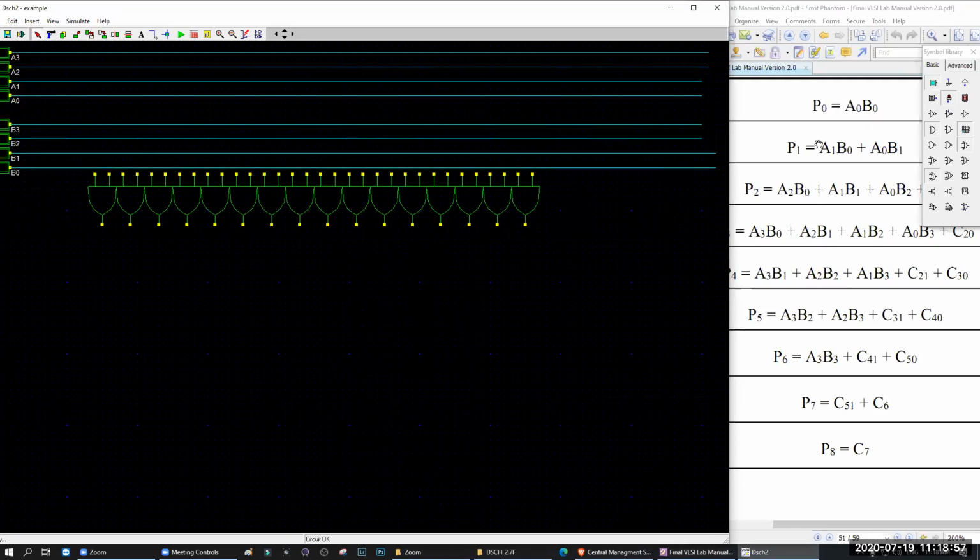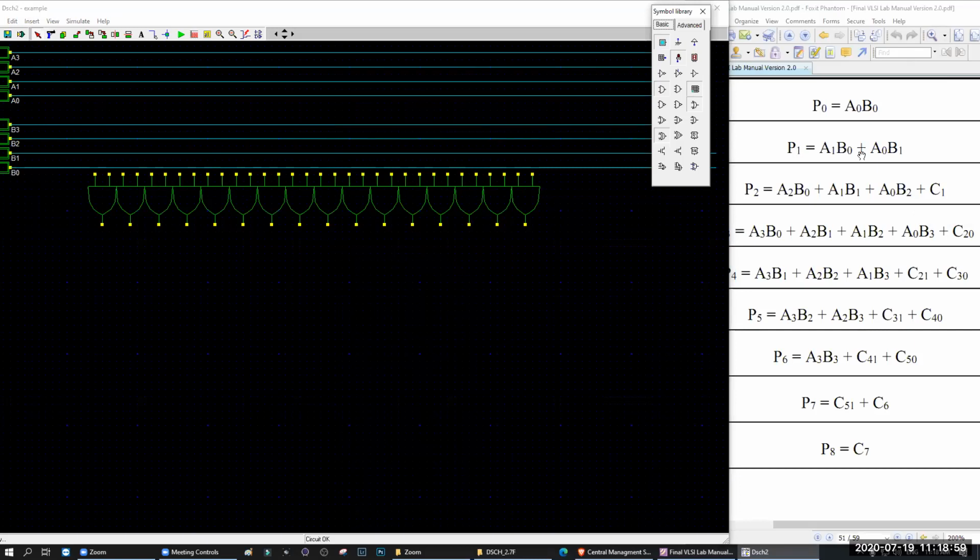So we will see these and follow these. Okay. First one will be A0 B0. So this one will be A0 B0. Which one is A0? A0 is the lowest one. Which one is B0? B0 is the lowest one, right?